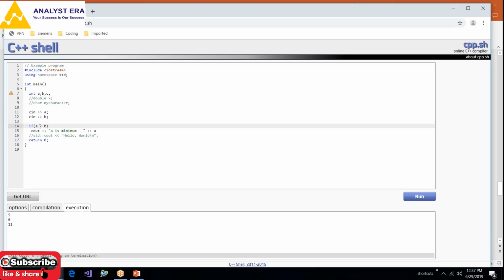If A is less than B, then it prints that A is minimum and prints the A value. In the else part, it will print B is minimum.